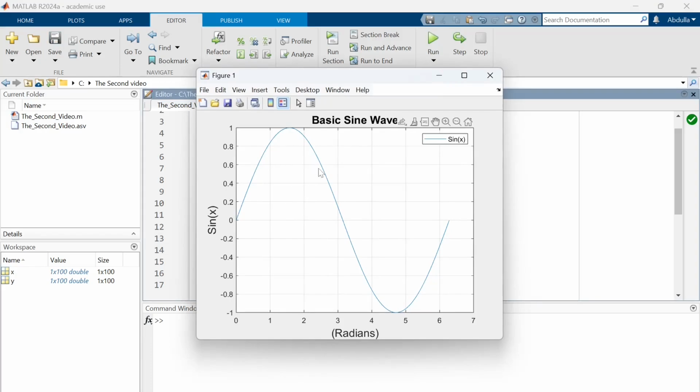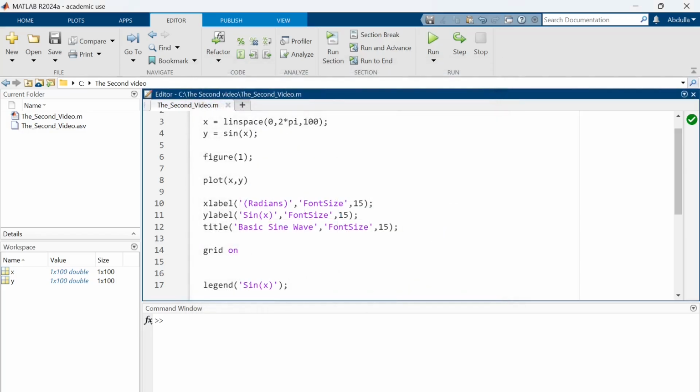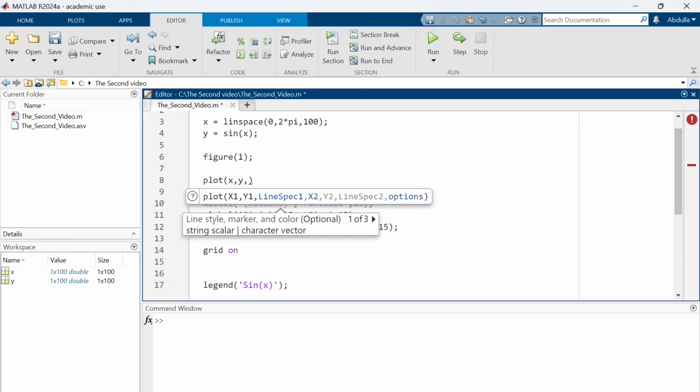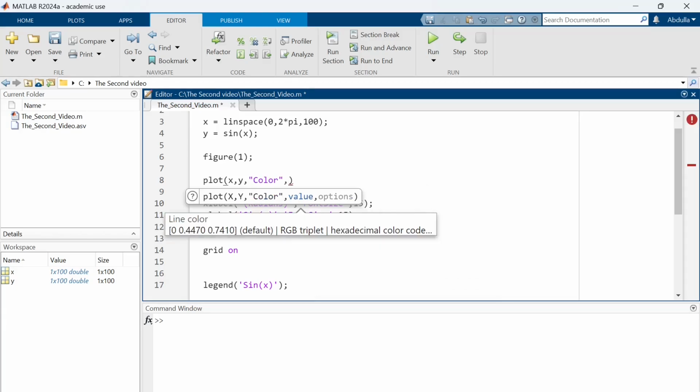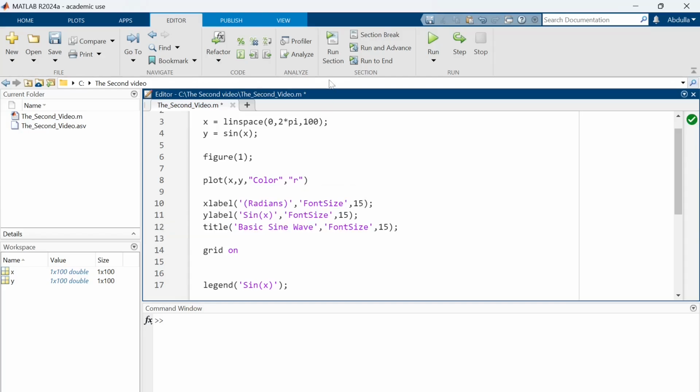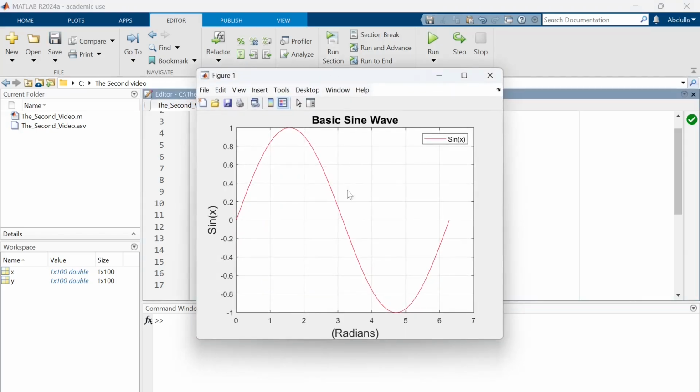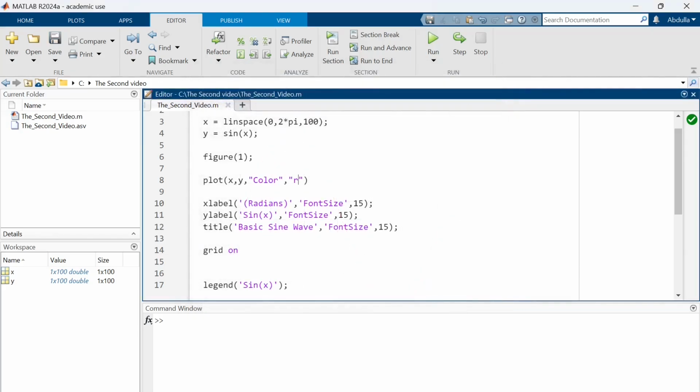What if I want to change a lot of stuff about my graph? What if I want to change the color? Let's go to the plot. It gave me options here. If I press option, it's going to give me everything I can change. So let's say I want to change the color. I put the color, in quotes, and then another set of quotes, and I will press R. This should give me a red color. Now it's a red color. But if I press P,